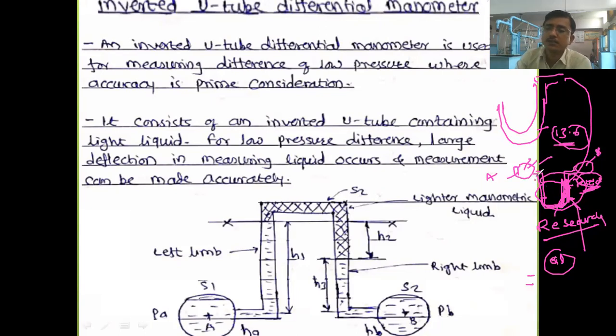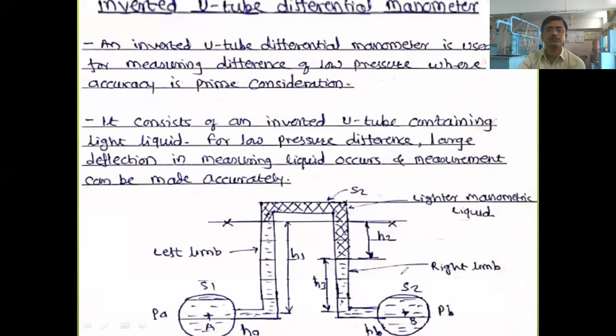Then the next problem comes here: if you use oil with the water, as the oil has specific gravity less than water, okay, what is going to happen? What will happen in this case? This oil will start to come into the pipe. Because oil is lighter, the water will go down and the oil will come up, correct. So to avoid that, they made the arrangement of the inverted differential manometer. They made such a manometer arrangement, and in this way the inverted tube manometer was invented.